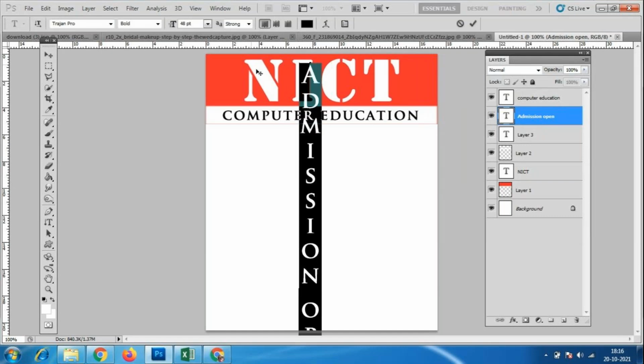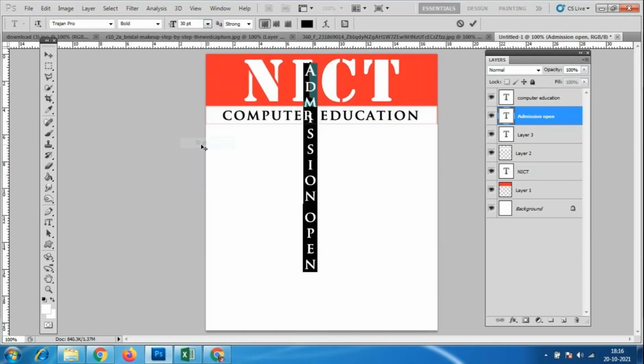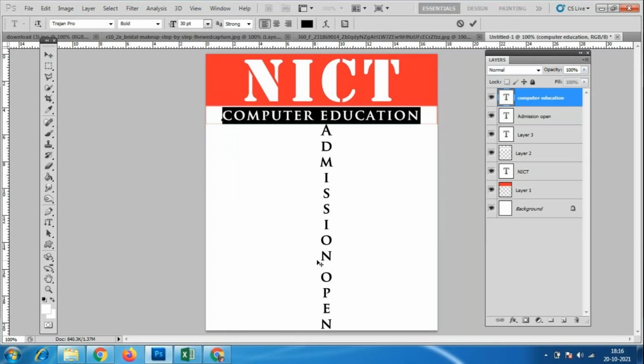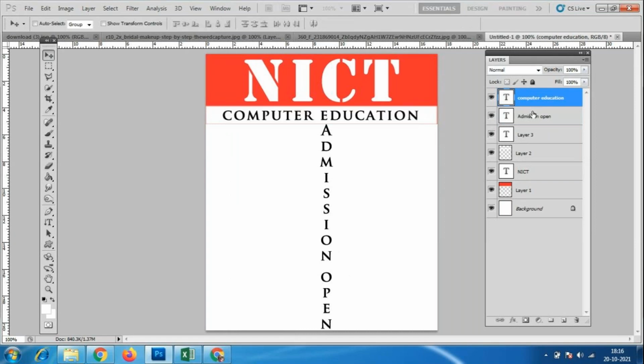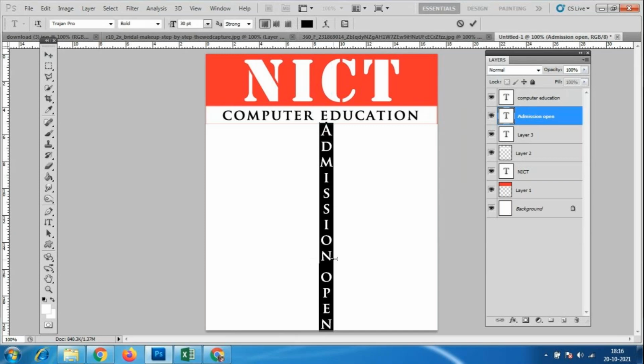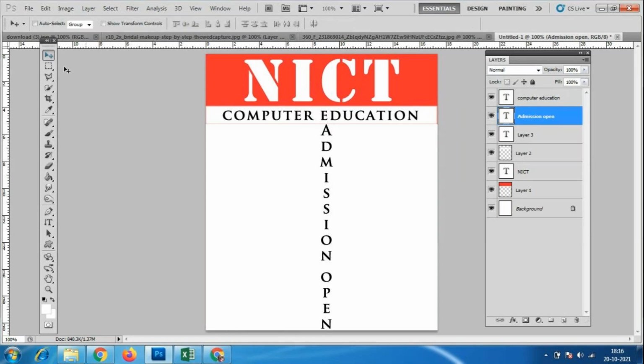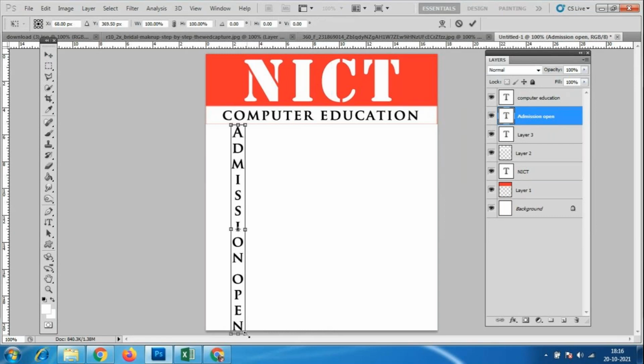I'll reduce the text size and make it 30 itself. I want to keep it somewhere. Click on this text. I'll press Control T and reduce the size.